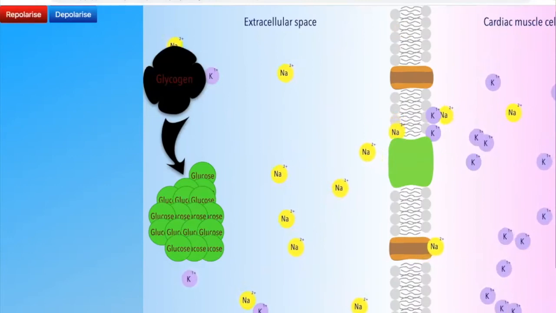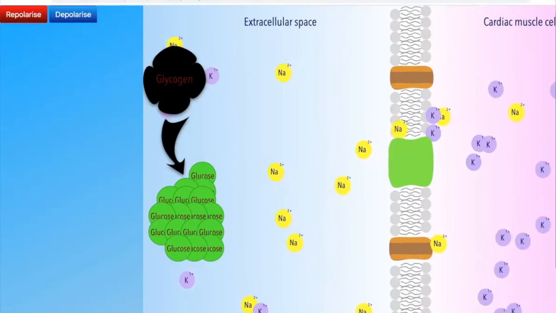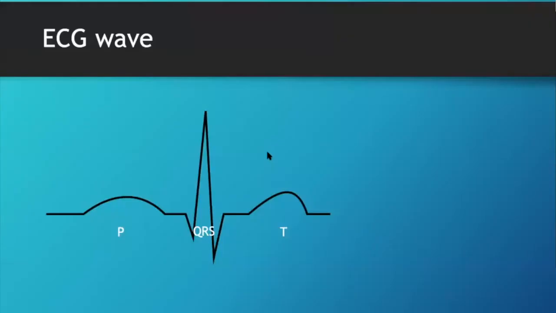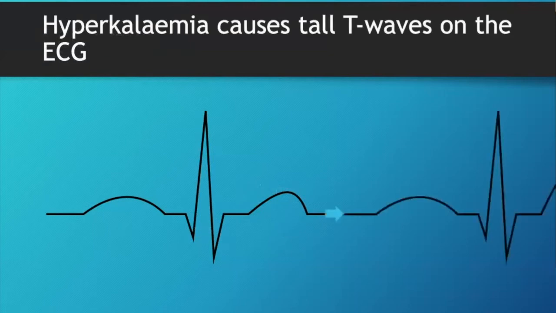So if this was supposed to be my repolarization process, and I'm now moving more ions across, what do you think is going to happen to the T wave? It's going to increase? So it will get bigger, yeah? Sorry, it will basically get taller. That's the first effect of the